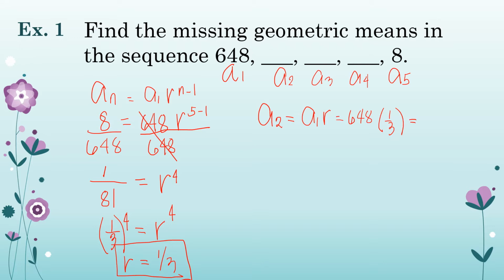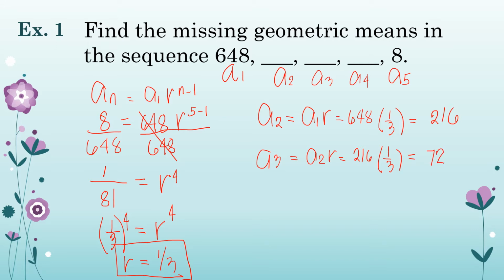So that gives us 216. Okay, what about a sub 3? So a sub 3 is equal to a sub 2 times r. So what is a sub 2? 216 times r, which is 1/3. So that gives us